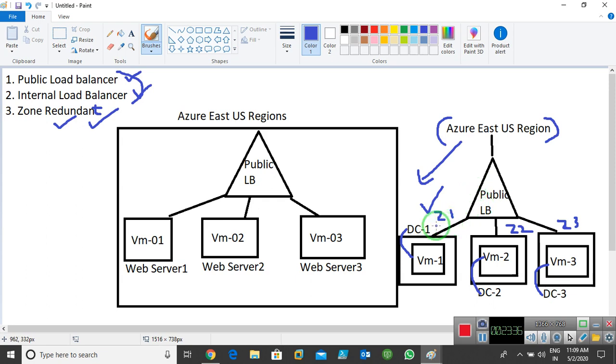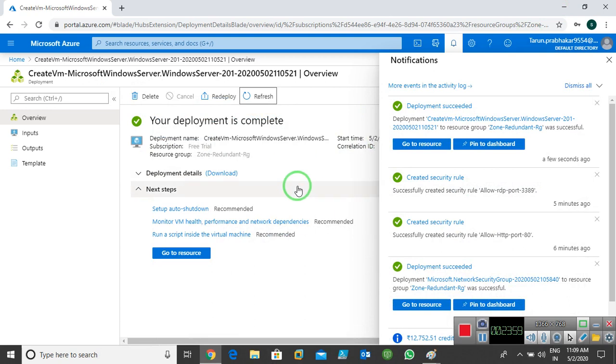So like in zone 1 we have DC1, and in DC1 we can place VM1. Now we have zone 2, and in that zone 2 we have data center 2, and in that data center I am placing VM2. So like this, we can see that we have multiple zones, and in those multiple zones we have multiple VMs. So we can do load balancing between the zones. Okay, fine. So you are able to understand this also.